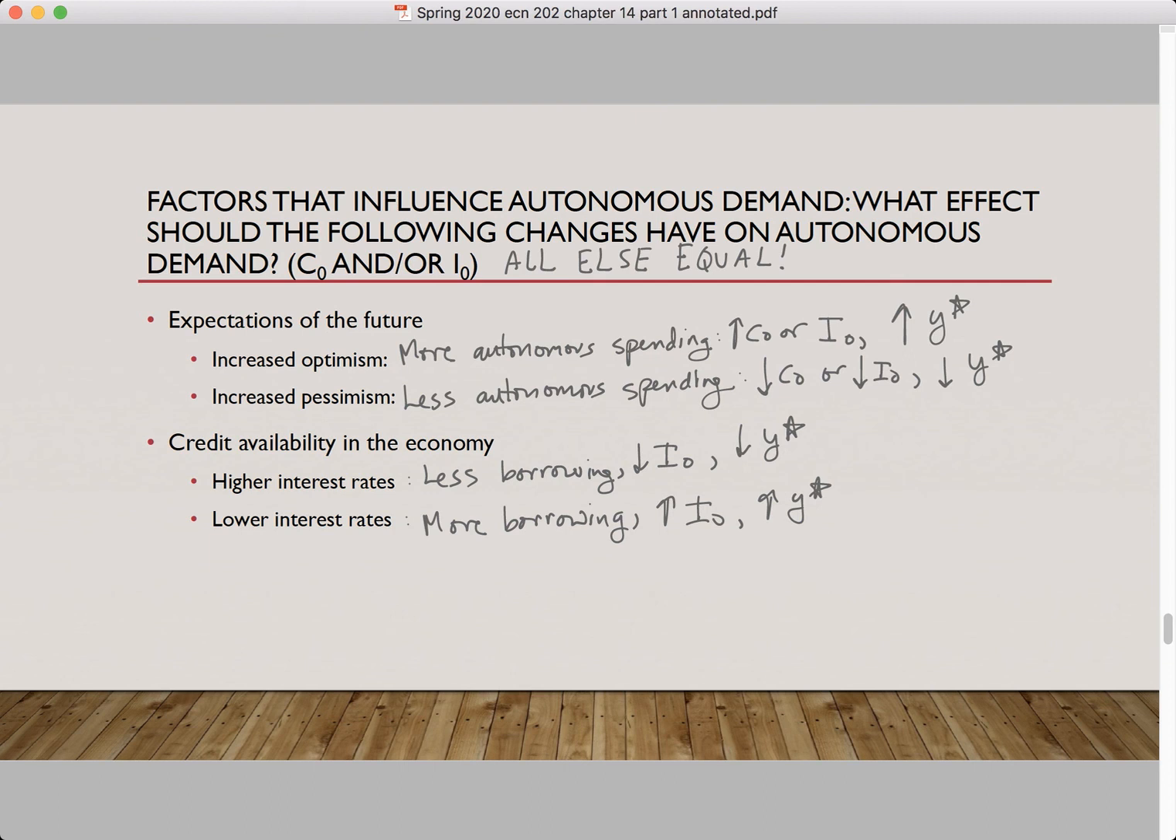Now, the opposite should happen if we have increased pessimism or higher interest rates. Increased pessimism implies less autonomous spending by households or by firms or both, and higher interest rates discourage borrowing. We would assume that would lead to a decrease